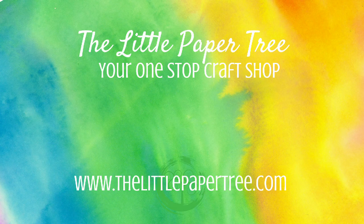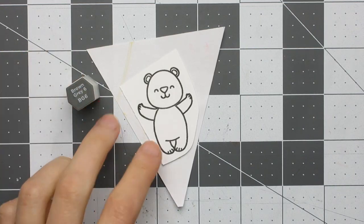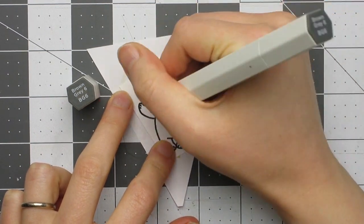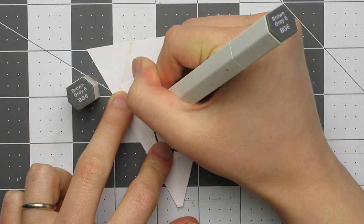Hello and welcome back, Charlotte here for the Little Paper Tree, and today I'm making a black and white birthday card and showing you how to add detail to your stamps in a very simple way, just to make them a little bit different. So I'm starting with one of the bears from Heffy Doodle's Unbearable Without You stamp set,